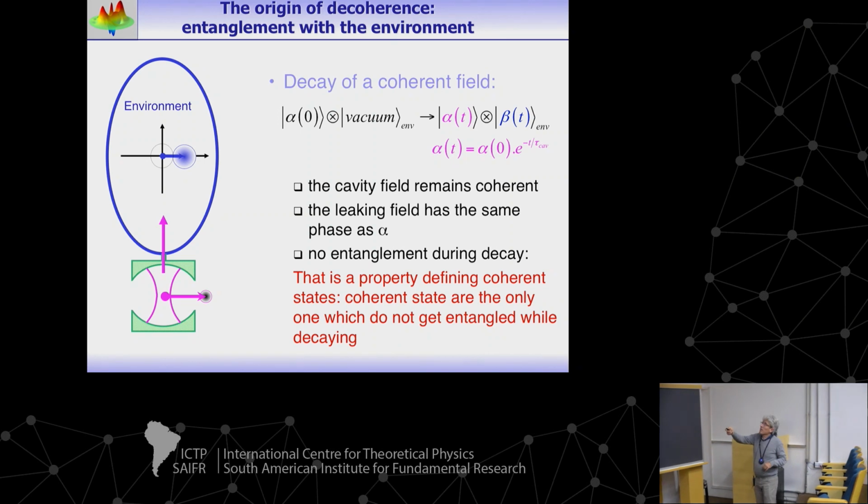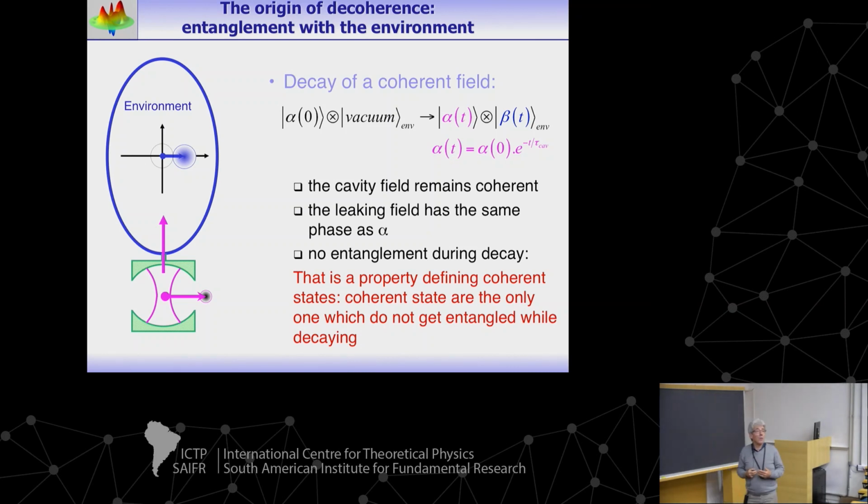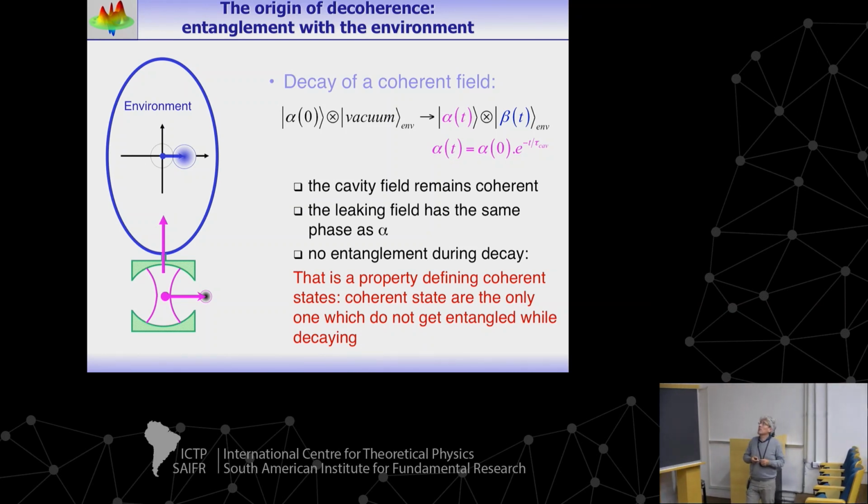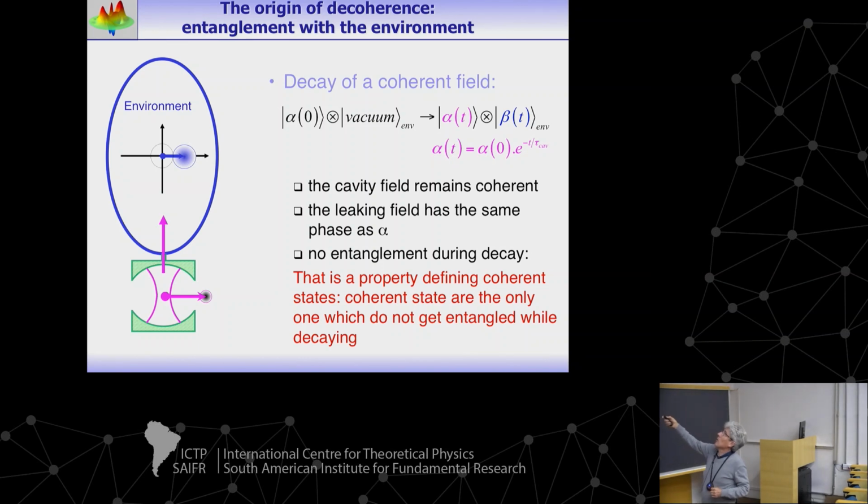So here is the decay of the average amplitude, and the important result is that the field in the cavity remains a quasi-classical state, a coherent state, whose amplitude diminishes as a function of time. And then, indeed, energy conservation means that some field should grow up in the environment. And the field which grows up is not a single coherent field, but a tensor product of many coherent fields